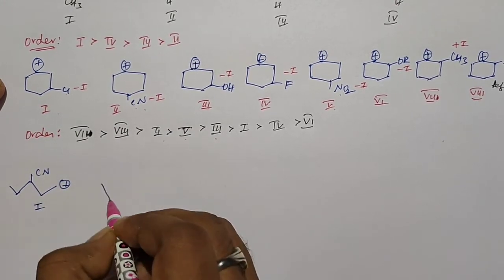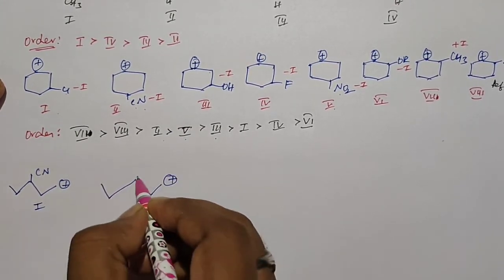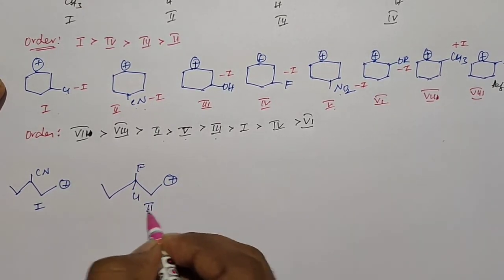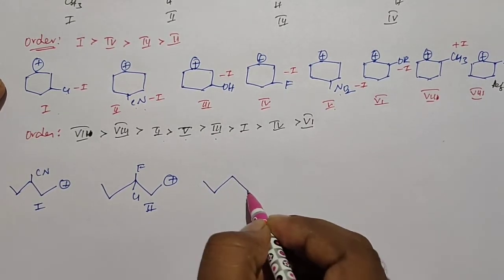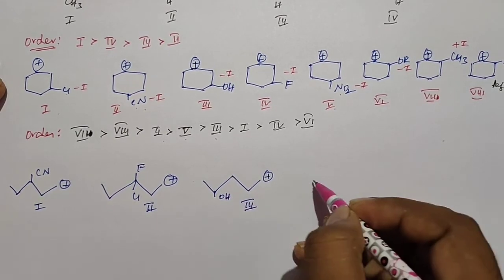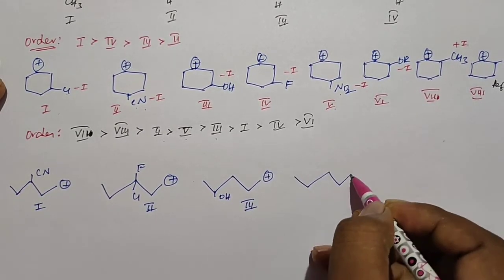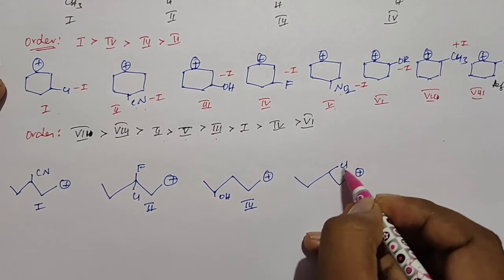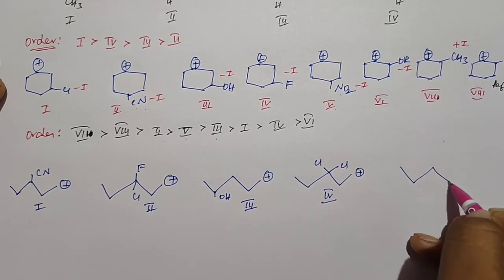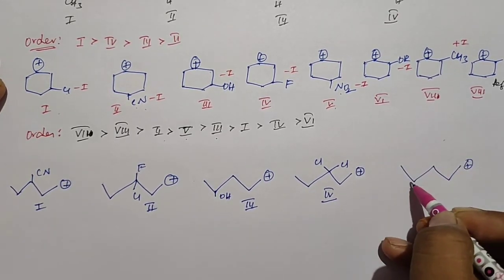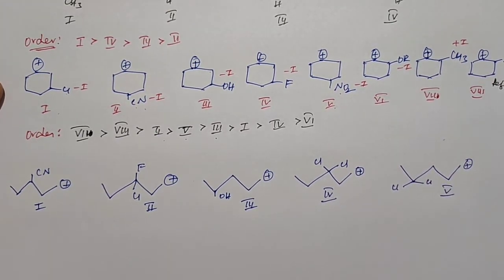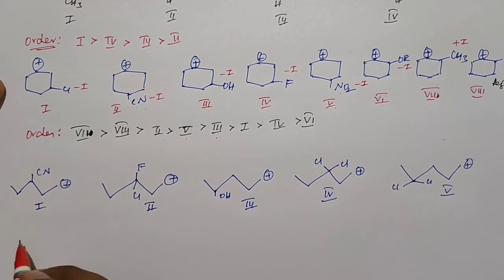This is the first one, and this is the second one, and this is the third one, and this is the fourth one, and this is the fifth one. So when I arrange these 5 compounds in the order of their stability,